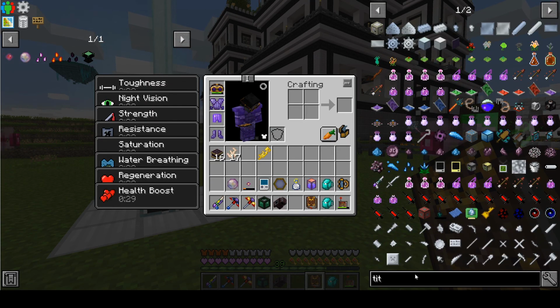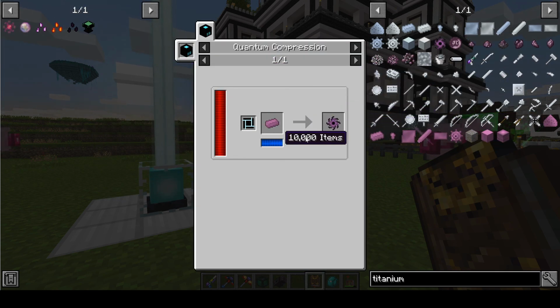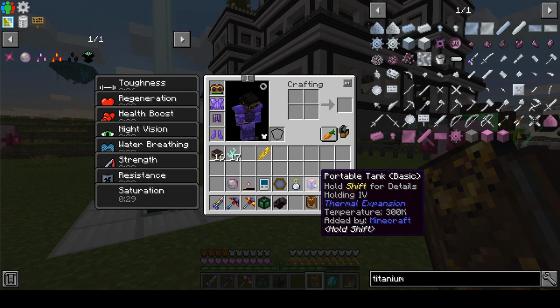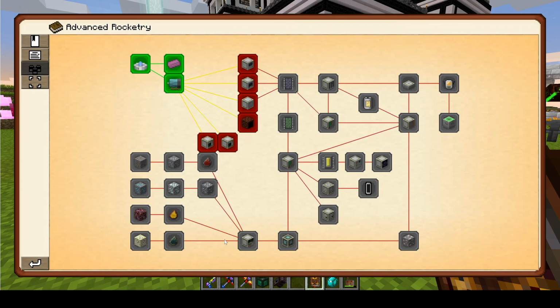Let's take a look at that. So there are titanium singularities. They do cost 10,000 ingots each, and they are used in the ultimate singularity. So there you go. We are going to need a ton of titanium. And so that is our main reason to go to space. So probably we'll end up using the digital miner to get us some titanium